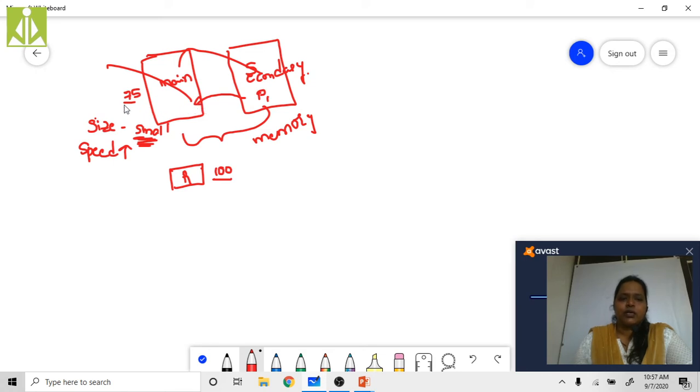Suppose this address is 175. So these memory locations can accommodate 175 instructions, but some 50 instructions have been stored by a previous program. So 50 instructions have been stored by the previous program. So when we do this, we can't accommodate all the 100 instructions onto the main memory. Why? Because 50 are already occupied and another 50 only are left.